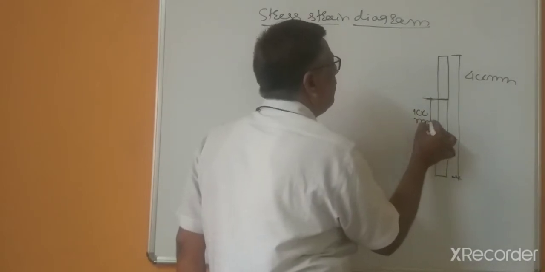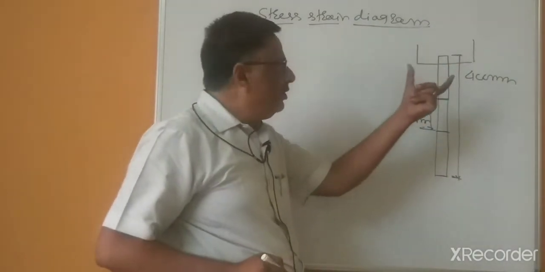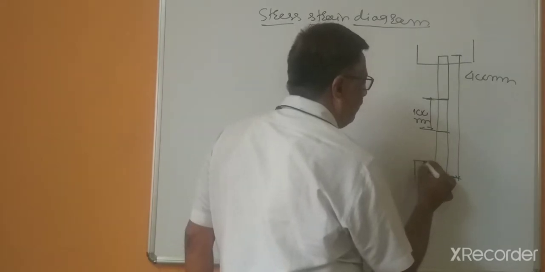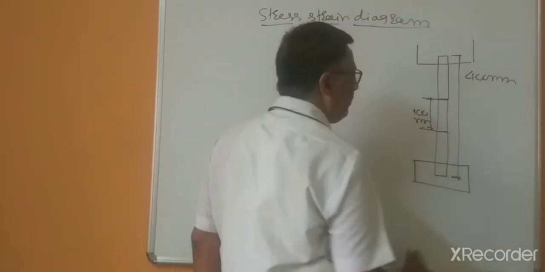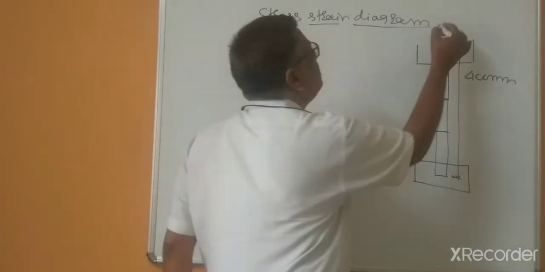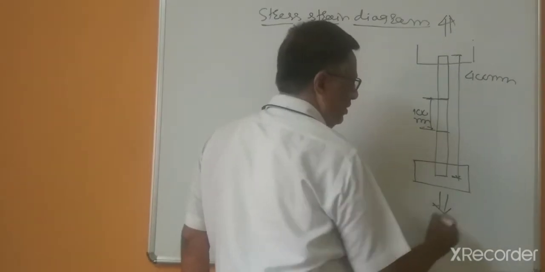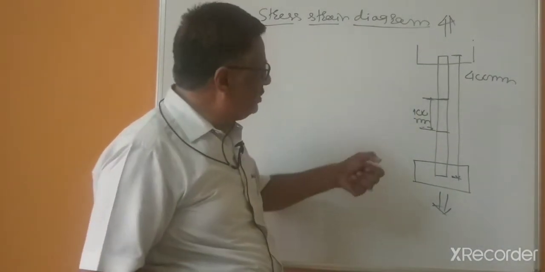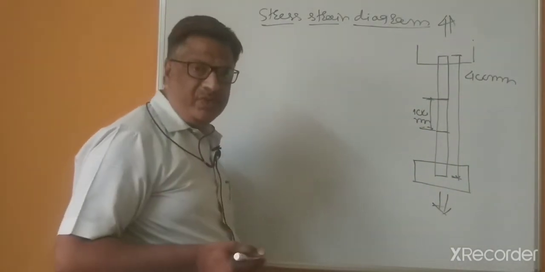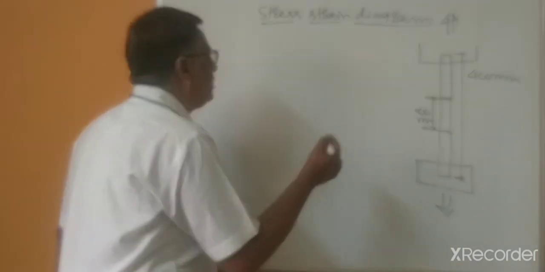This is 100 mm, and in the universal testing machine, this is one jaw, fixed, and the other end is also fixed. After that we can apply the force on both sides. This force is the tensile force. By using the universal testing machine we can apply force on these rods. When we apply force, that force is gradually increasing.